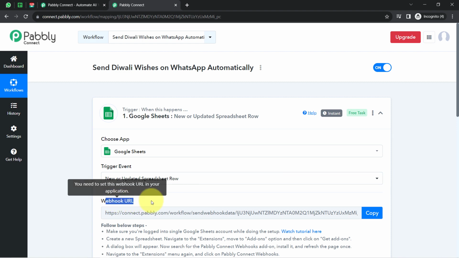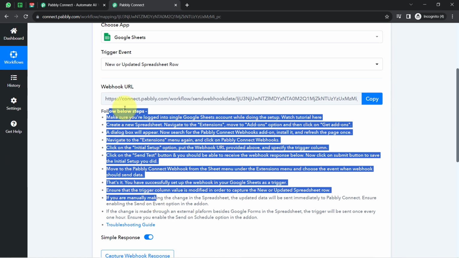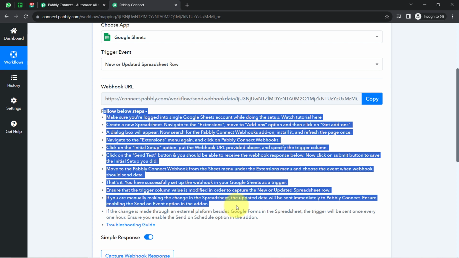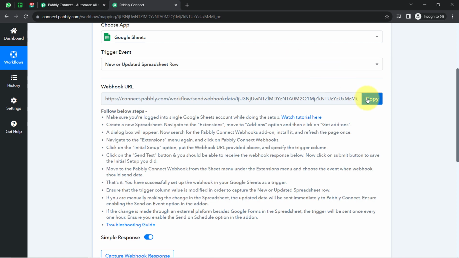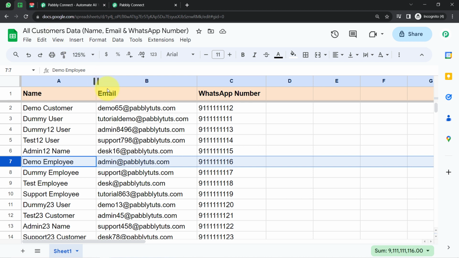Now here you can notice a webhook URL and few set of instructions. Okay, so with the help of this URL only we are going to build this connection, and again the instructions for the same are already given here, so I would recommend you to kindly follow these instructions one by one carefully. Okay, so let me copy first this webhook URL, going back to my spreadsheet in which the data of